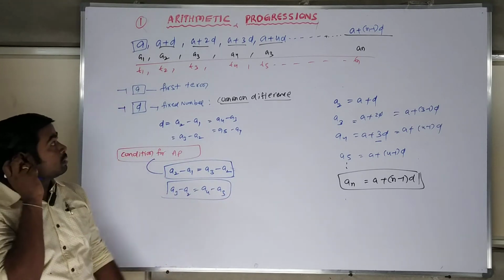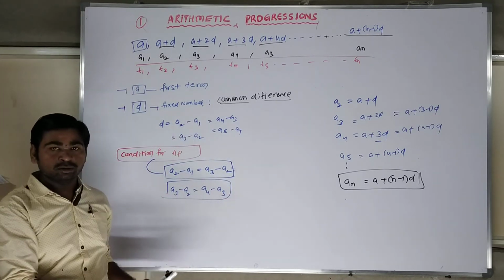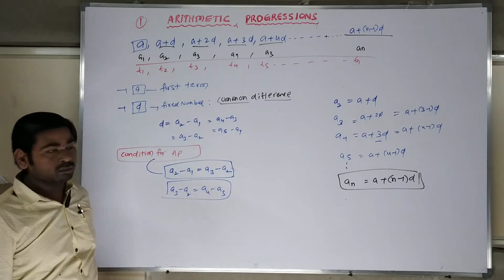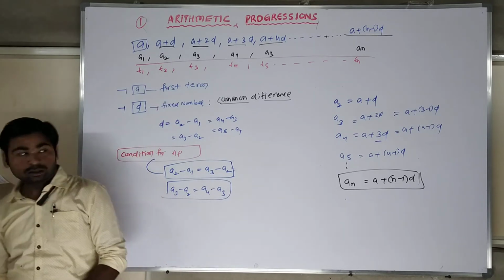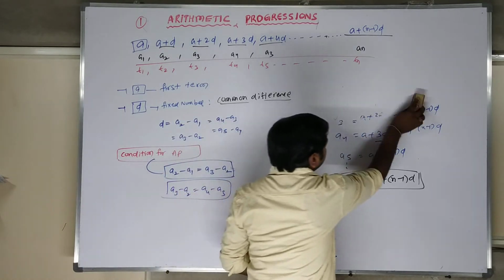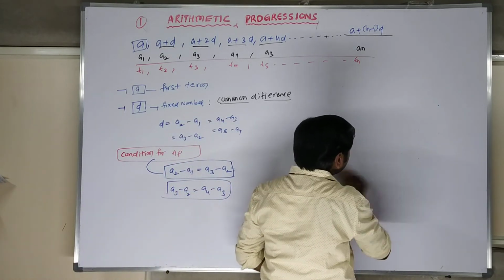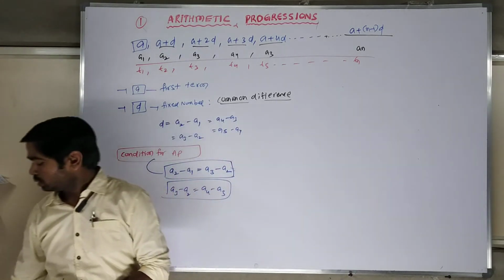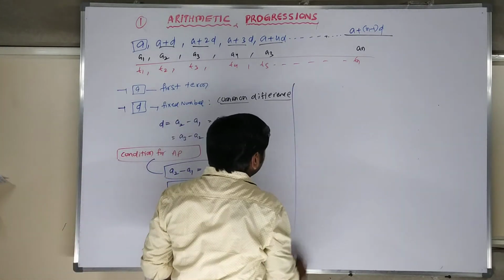The subtraction between the terms, the difference, must be the same: the preceding term minus the previous term. So side by side it must be the same. If you want an example, I will write it down for your understanding. How this is going to happen, it is like that. So generally, an example I can say.